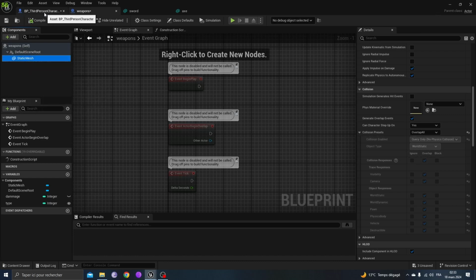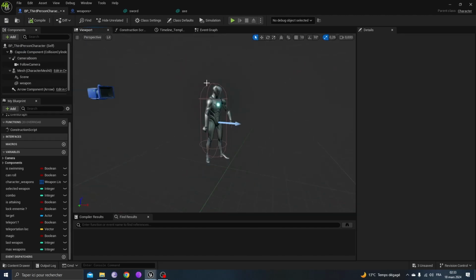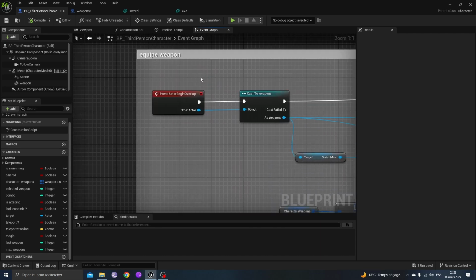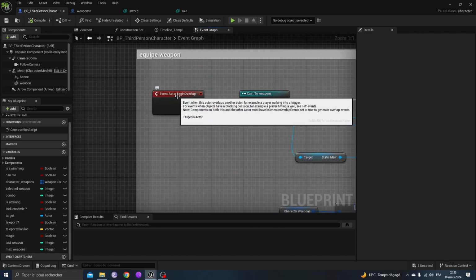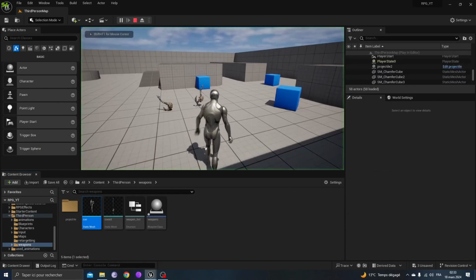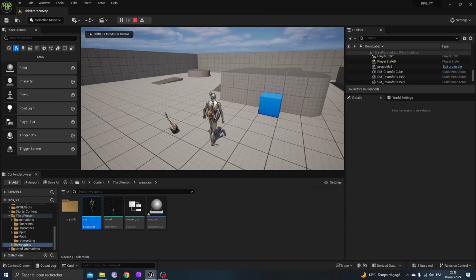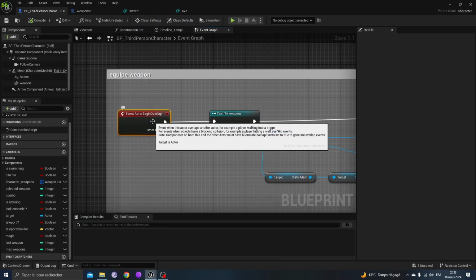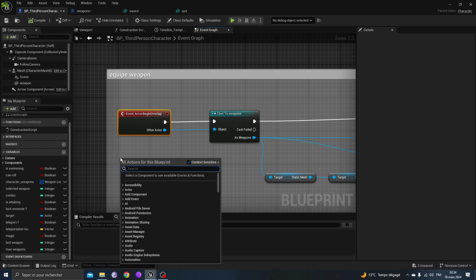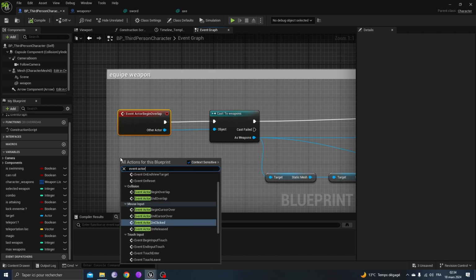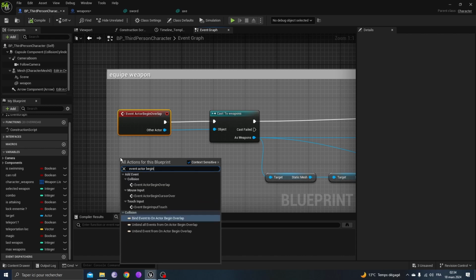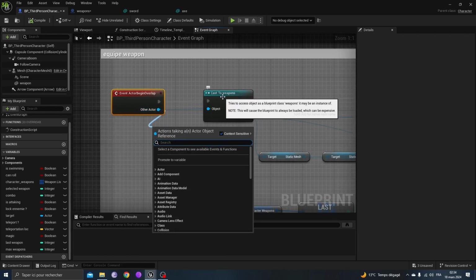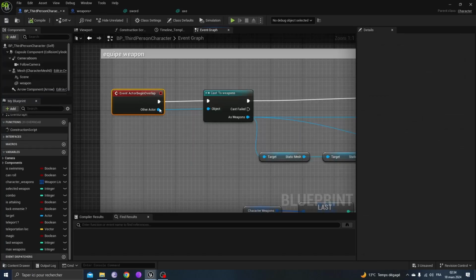Okay, after that, guys, you go to your character blueprint. Okay, and here we are going to set the logic of picking up our weapon. So in my case, I selected an actor begin overlap event. So once my character steps on a weapon, it will automatically take it. Okay, so after, you can of course get your event actor begin overlap here. You will get it from the other actor, you cast to your weapon blueprint that you created before. Here,